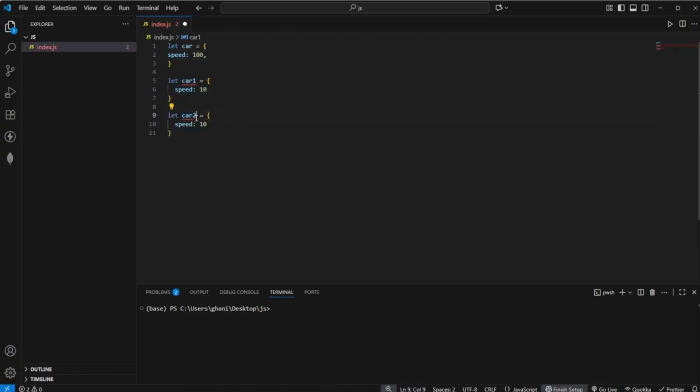100 kilometers per hour. So obviously, if I wanted to create like 10 cars, I would have to write out everything over and over again. And this wouldn't be like really that great, to be honest. So there's an option to basically create a blueprint for an object. And that is a class. So a class basically defines the basic structure of an object. And the object is then the defined